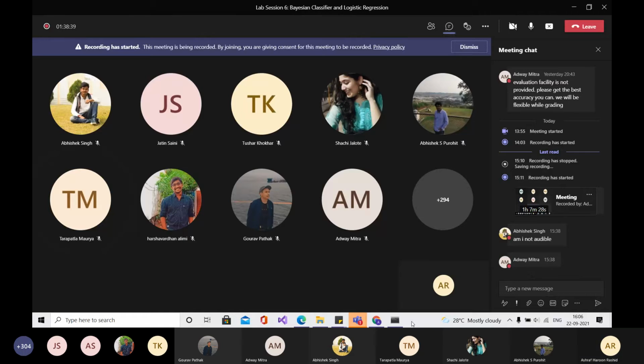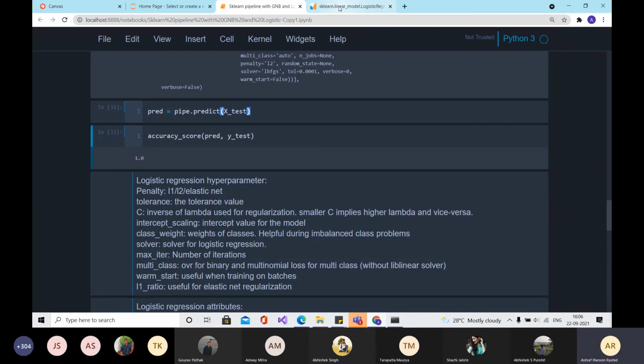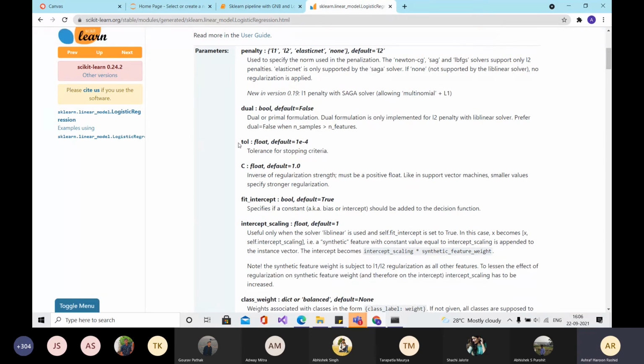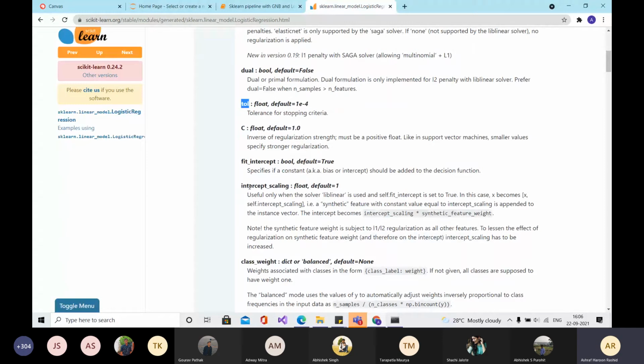See, whenever you train a classifier or whenever you are building a classifier or a regressor, you will have lots of hyperparameters that can affect the model. Like what should be the value of the regularization term that you are giving, or for KNN, what should be the value of K, and for logistic regression, you have many other things like the tolerance value that we did not look into, and we also have the value of intercept.